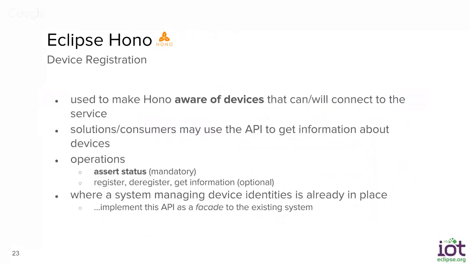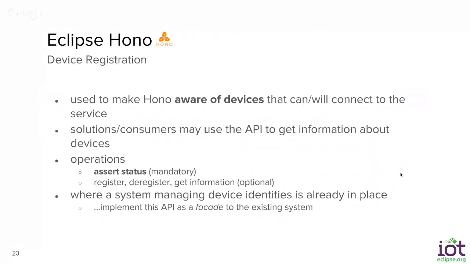And that is because in most cases, we anticipate that in a real-world scenario, there will already be a system in place for managing device identities, or you might have your own provisioning process in place, how devices are manufactured or purchased and find their way into a system that you already have, where you manage the identities of the devices, or where you manage the type, whatever. And these systems often also provide an API for efficiently doing batch updates or bulk updates on these devices, enabling all devices of a tenant or whatever, stuff like that.